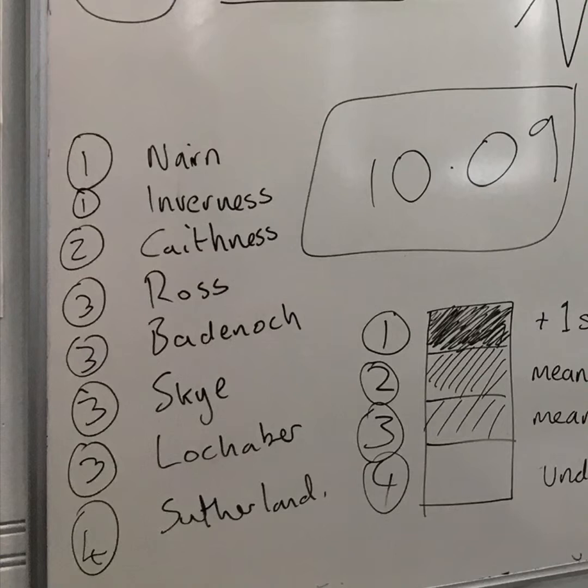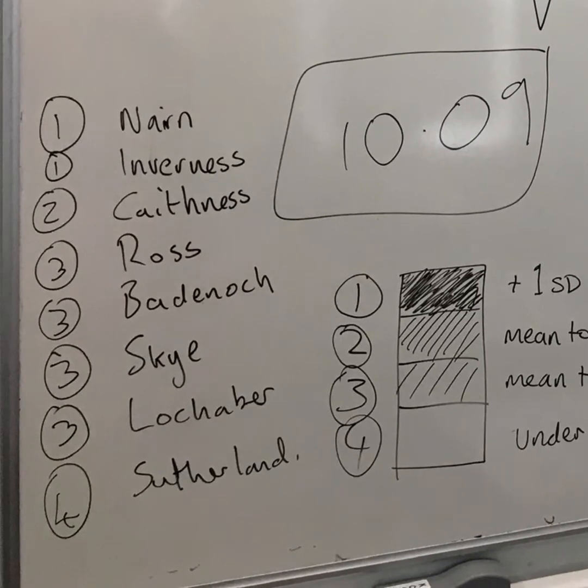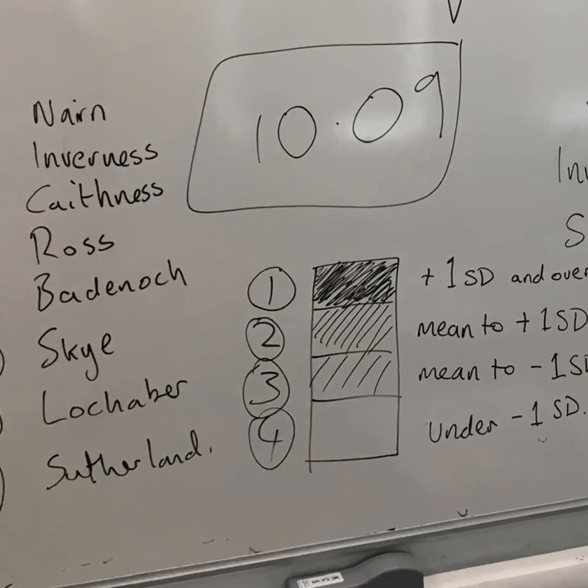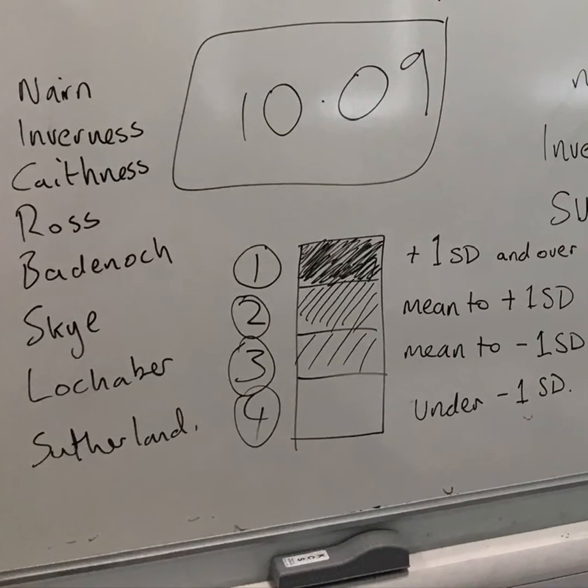So Nairn and Inverness come out as the highest. Those are above 1 standard deviation. Caithness comes out to between the mean and 1 standard deviation. Ross, Badenoch and Skye and Lochaber come out as between the mean and -1 standard deviation, and Sutherland comes out at under